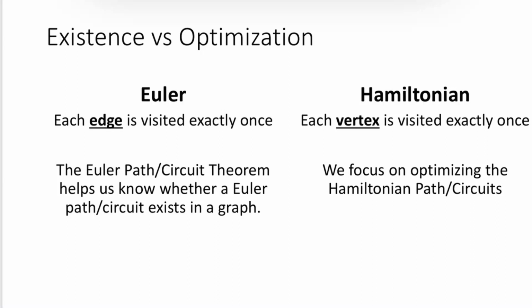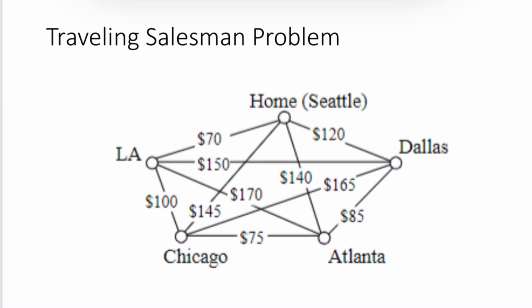But with Hamiltonian paths and circuits, we don't have a theorem like that. There's actually not a consistent way, like calculating the degree or things like that, that you can use to determine whether one is possible. And so what we actually focus on with Hamiltonian paths and circuits is optimizing them, specifically in complete graphs. So these types of problems are often called the traveling salesman problem, because you think about, like, let's say there's a salesman who